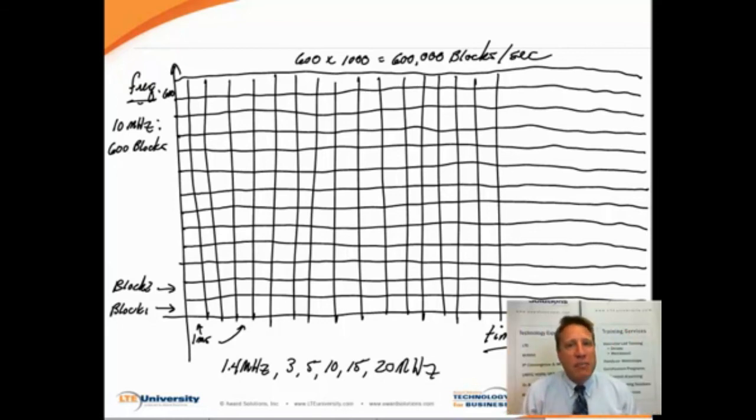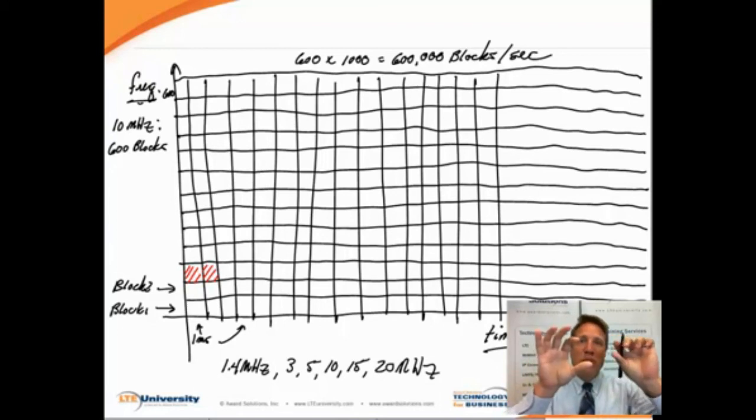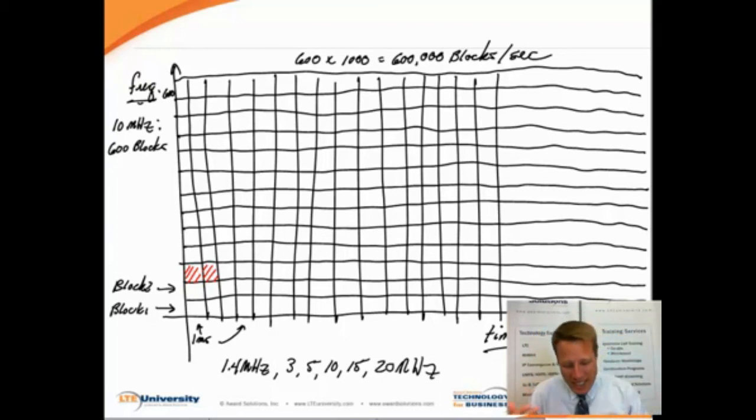So now let's say that somebody wants to do voice. They want to do voice over IP. Voice over IP, as we said, doesn't take much bandwidth, but you need it regularly. So maybe I could assign the user one of these blocks for 2 milliseconds. Basically, in order to support voice, you would need to do that every 20 milliseconds, and that would be enough to get enough data down there to support a successful voice call.